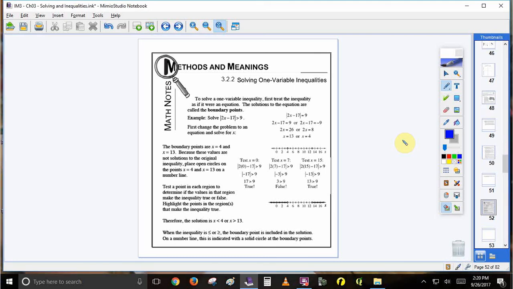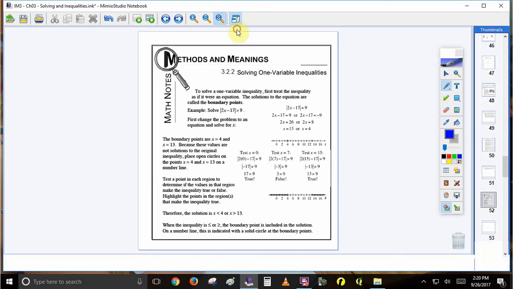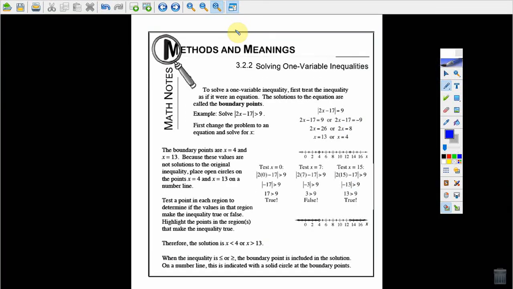We're in section 3.2.2, solving one variable inequalities. In this Math Notes we're just going to do a quick review of what it means to solve a one variable inequality, how to do it, how to figure out which way to shade, and what it looks like on the number line. So to solve a one variable inequality, first thing we're going to do